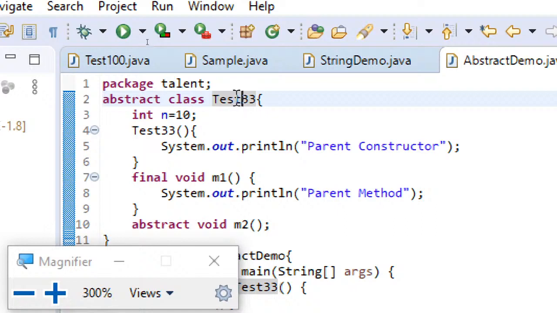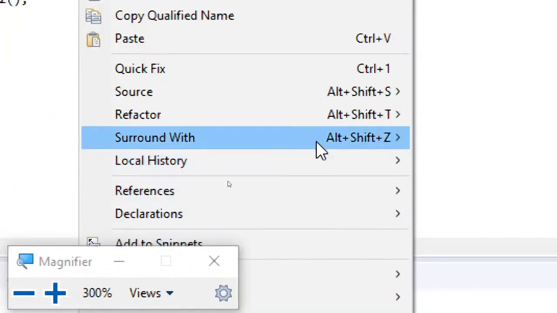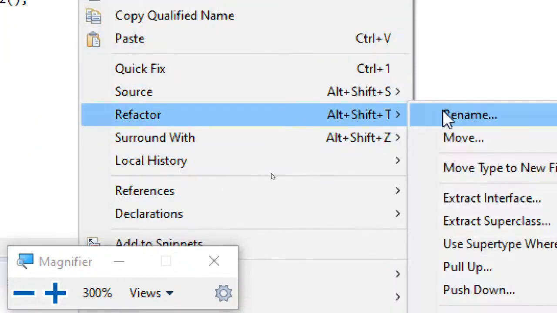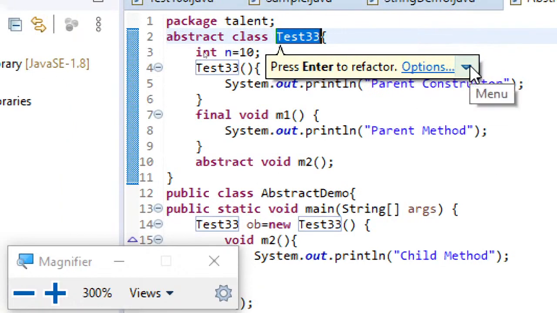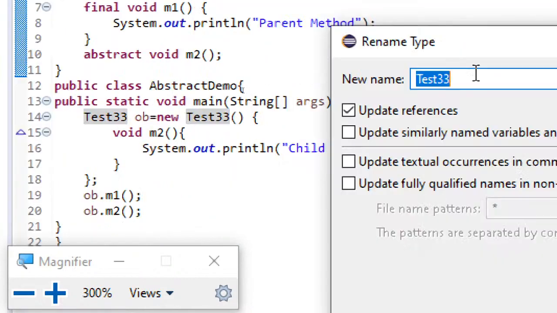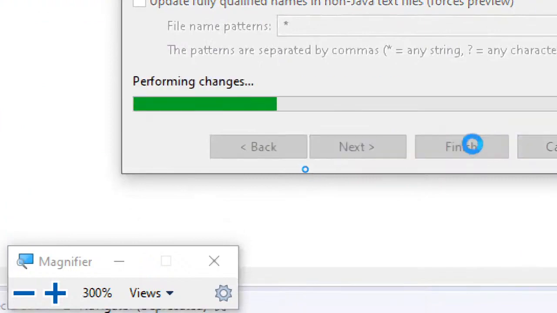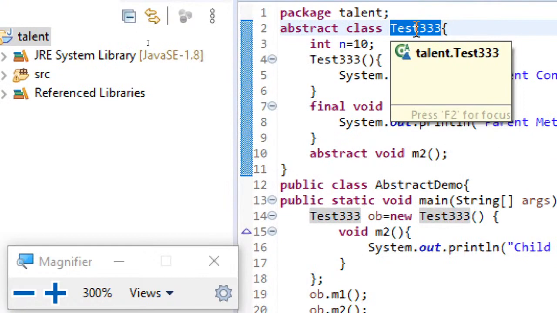So once again, I'm just showing, select this particular name which you want to perform rename, and just go for right click, and then you can see option refactor. There you will go for rename, and then when you click it, you will get a option window like this. You can just go here, open rename dialog, and then you will just give the new name which you wanted to apply. And then when you click on finish, automatically your entire project which contains this particular class name will be renamed automatically. You don't need to do manually. That's the point I'm trying to say. So this is what the thing.